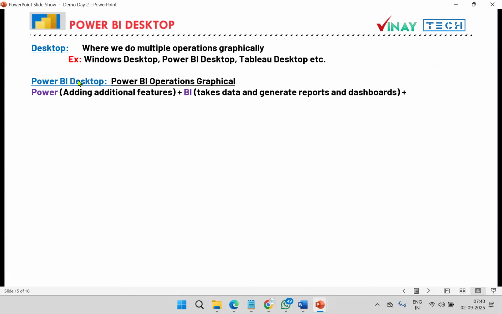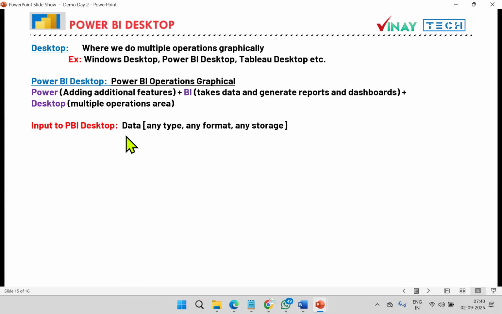The name actually combines three words: Power, BI, Desktop. Power adds additional features. BI takes data and generates reports. Desktop is the area for multiple operations. So the name Power BI Desktop indicates the classification. It's not a normal name.